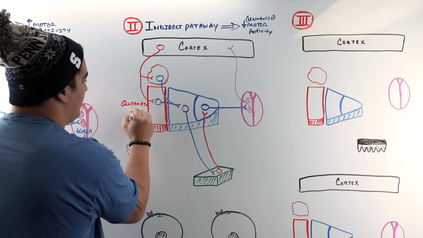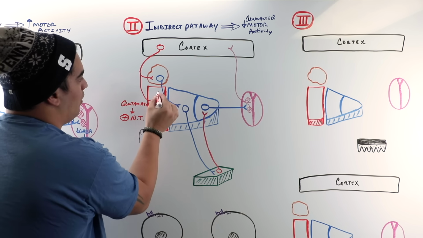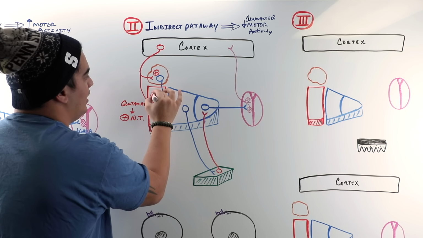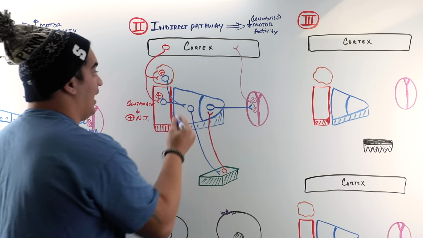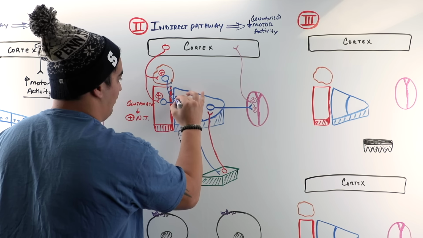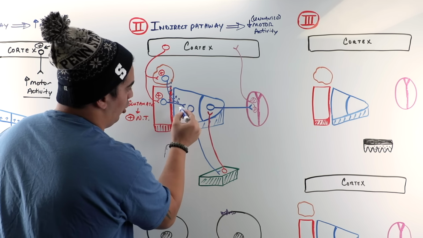Glutamate is what? A stimulatory neurotransmitter. So what is it going to do? It's going to stimulate these neurons present within the striatum. What does that mean? If they're stimulated, there's going to be lots of EPSPs and lots of action potentials traveling down these axons. From where? From the striatum to the globus pallidus